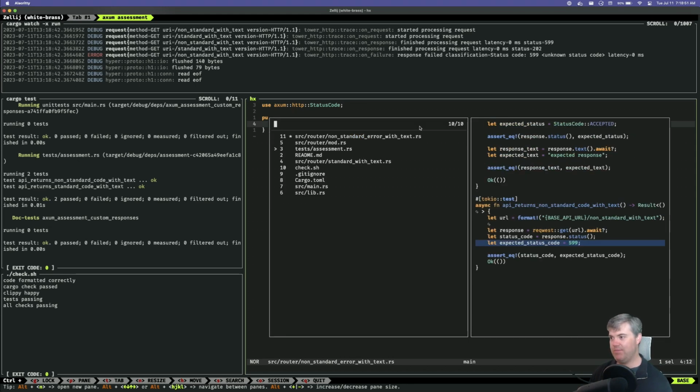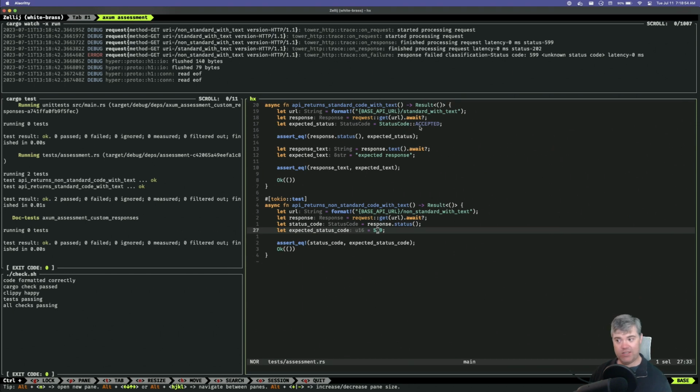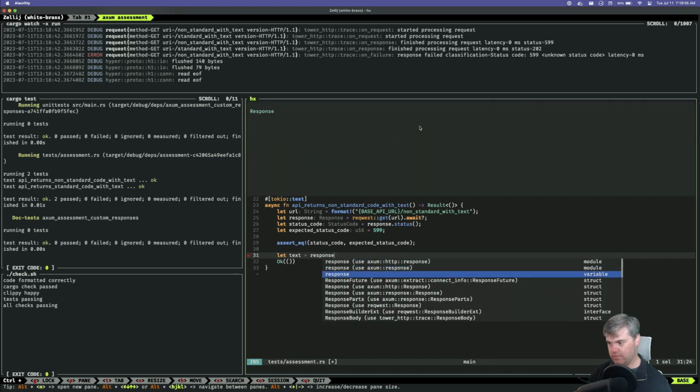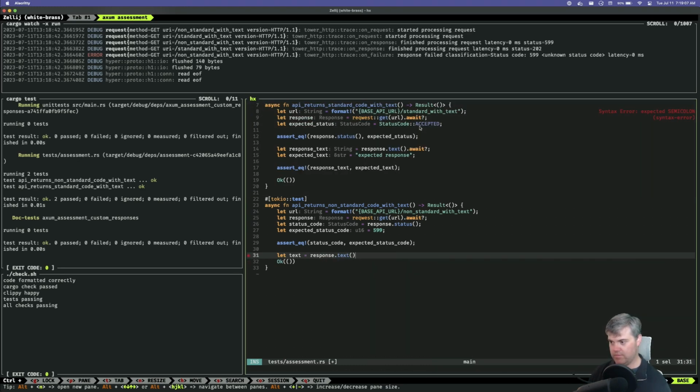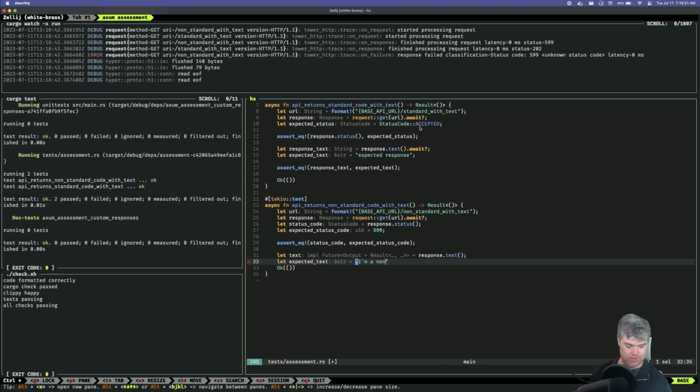Okay, let's head back into assessment. Okay, so we have our expected status code. You're working like that, and then I want our text out of this too. So that our text. What should this be? This should be non-standard error.